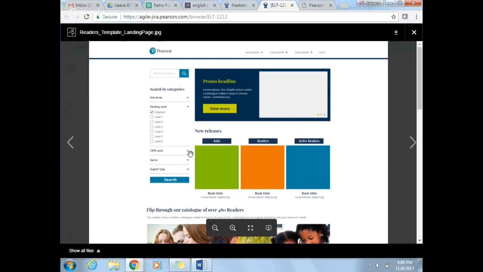So we want one landing page where you can get to all of the sub landing pages, so you can get to kids, readers, and active readers. But we wanted the search filter to be there. I would quite like to be able to put that search filter on the other landing pages that exist now, like kids and readers and active readers, if that's possible, to present it like that as a block that I can put into another layout. That would be great. But yeah, so this is it.